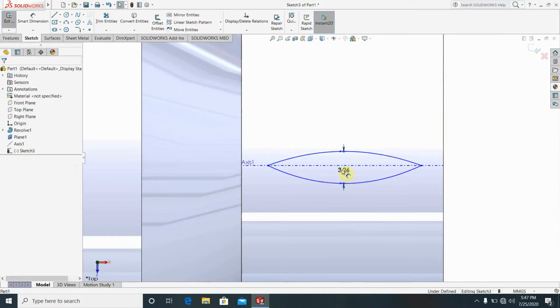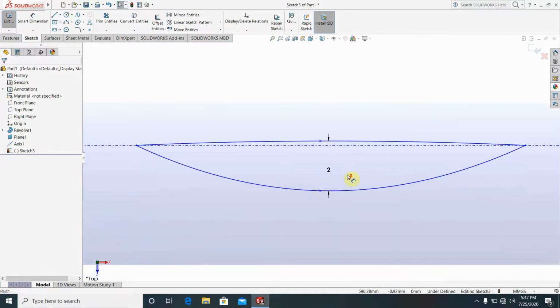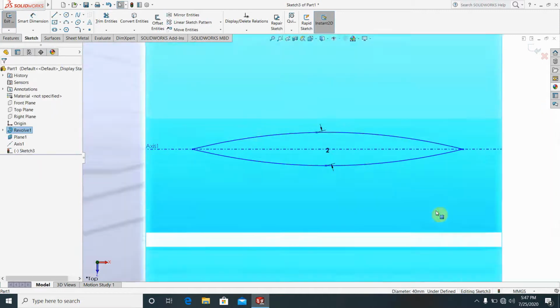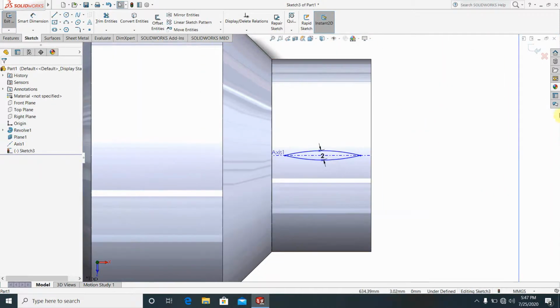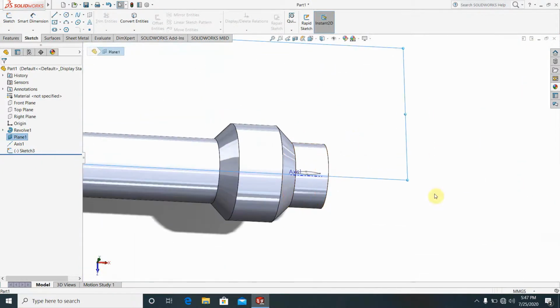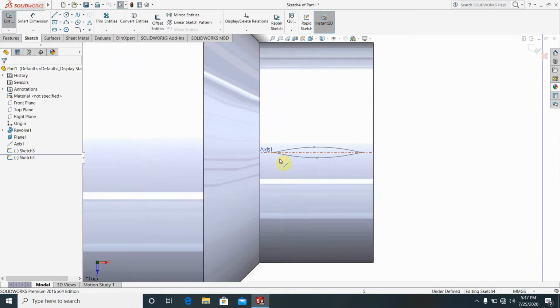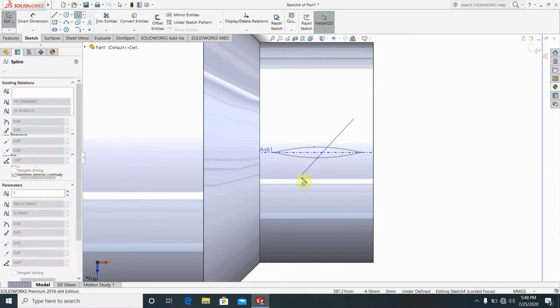When you have to go for the distance, it will be 2 millimeter. Okay, just like that. Okay, that's great. Then exit from sketch. When you have exited the sketch, go for the upper and make one sketch again here. Just zoom in here. Here you have to make the split line, and you are going to make one like that,